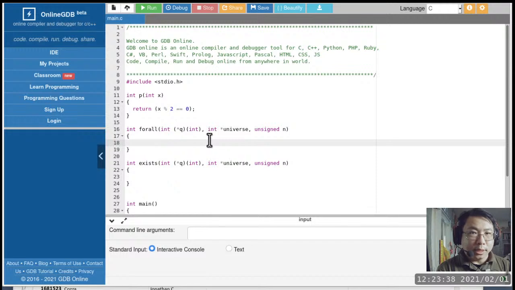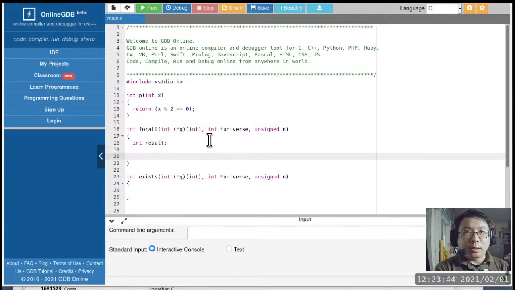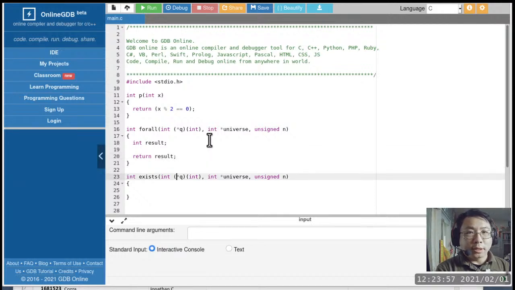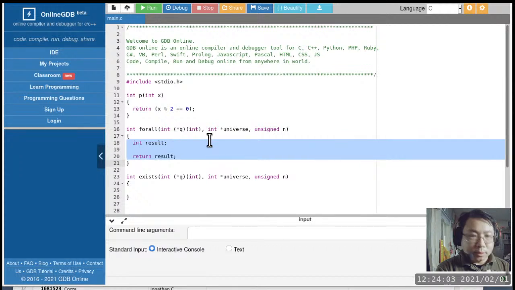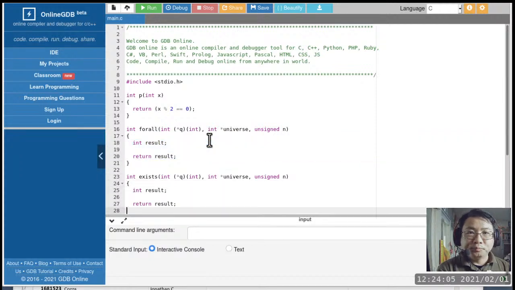Typically the way I do things is I use a local variable, in this case I'll call it result, to keep track of what I'm supposed to return, and then at the end of the function I just return result. Obviously there's a whole lot of stuff that I need to do with result, such as initialization. And then the same thing with exists. So we'll copy and paste a little bit of stuff here.